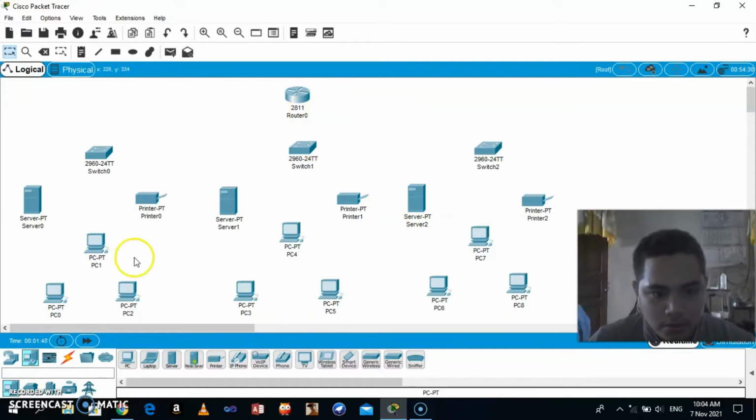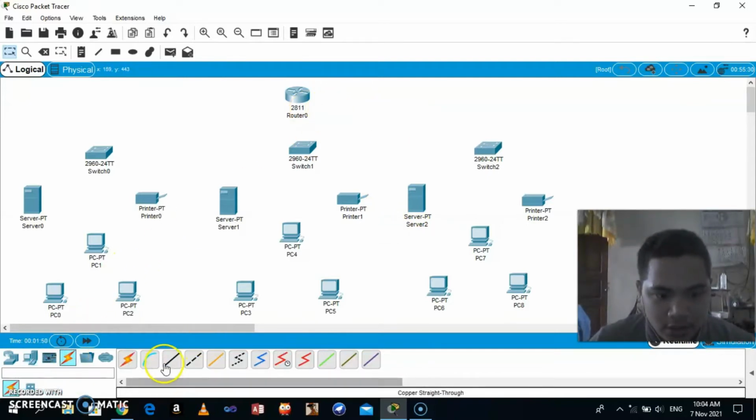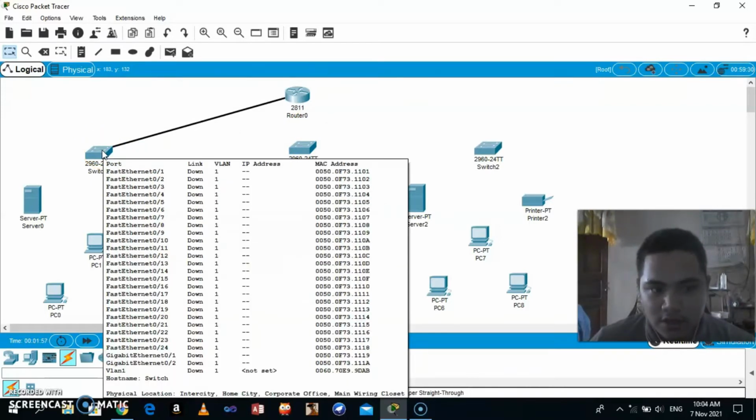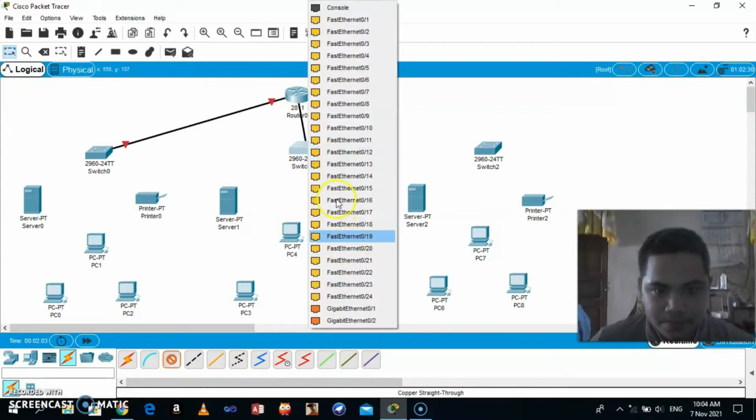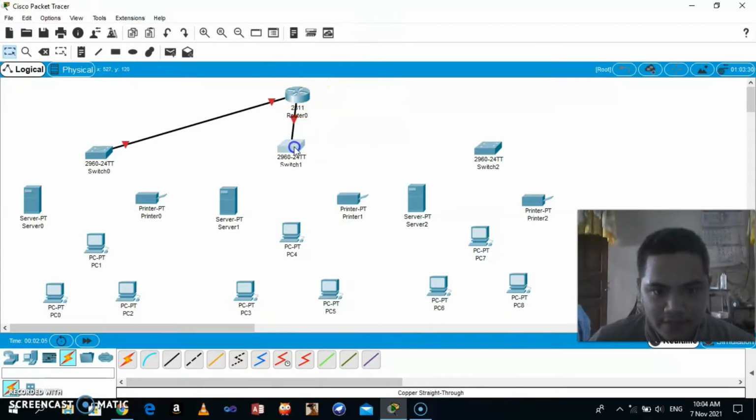So you want to go to the connections and pick the copper straight-through cable. Click it on the router and pick FastEthernet0/0, and then connect it to switch 1. Same as for switch 2. And then if you're finished with that,